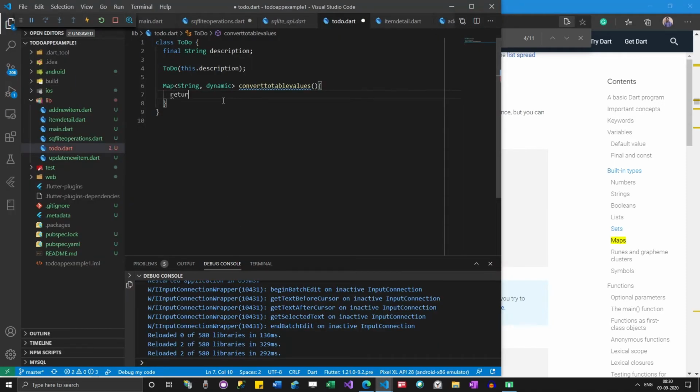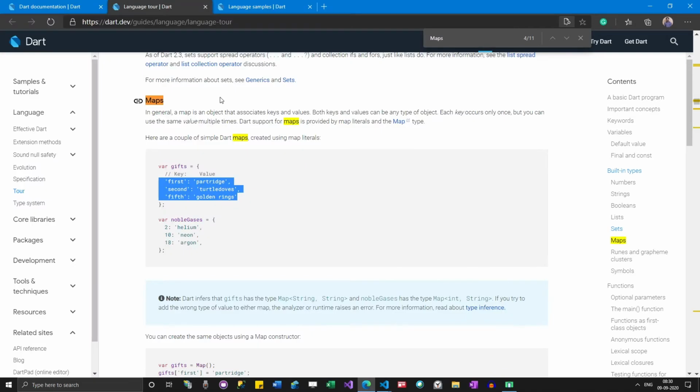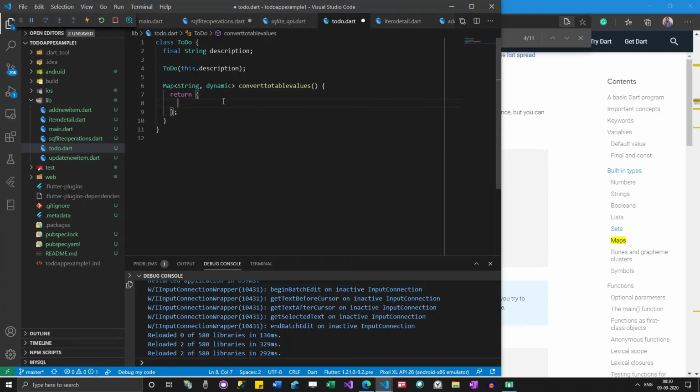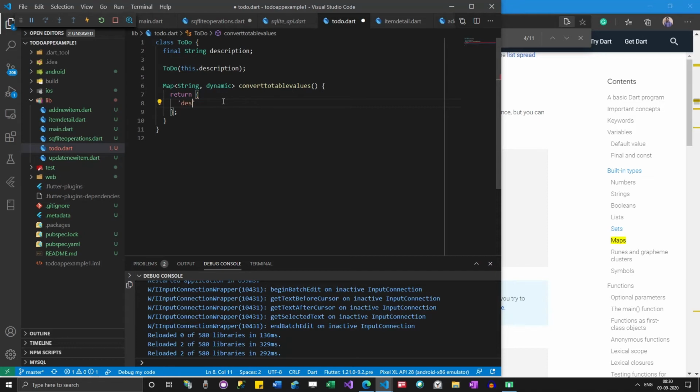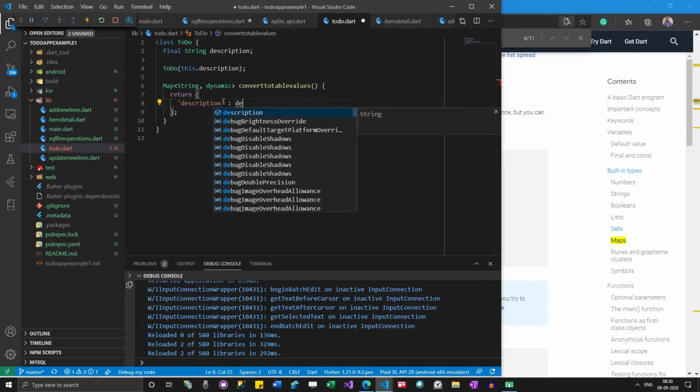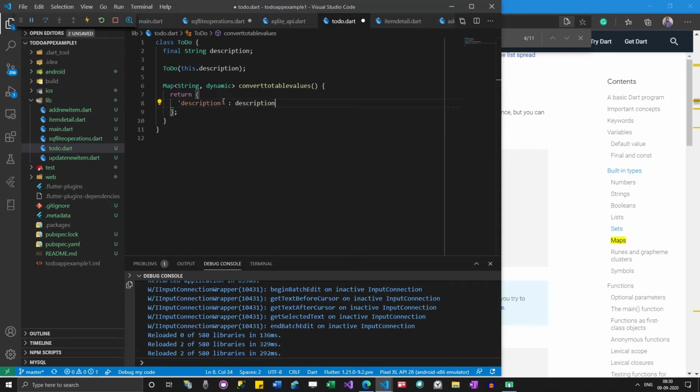So return description. It has to be description, and then the actual description from the class.